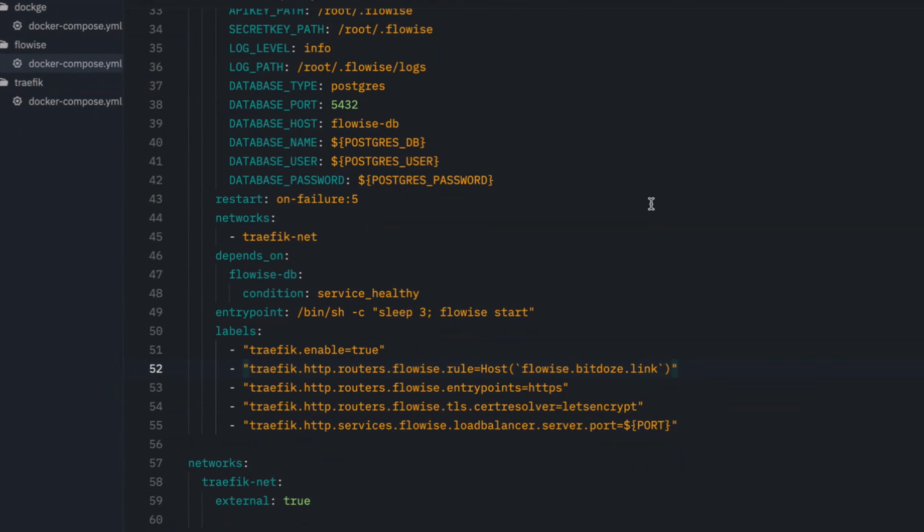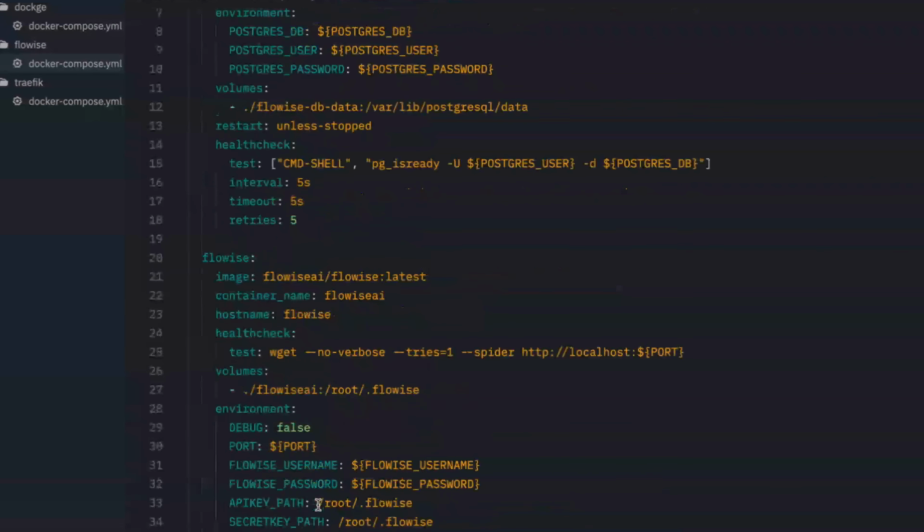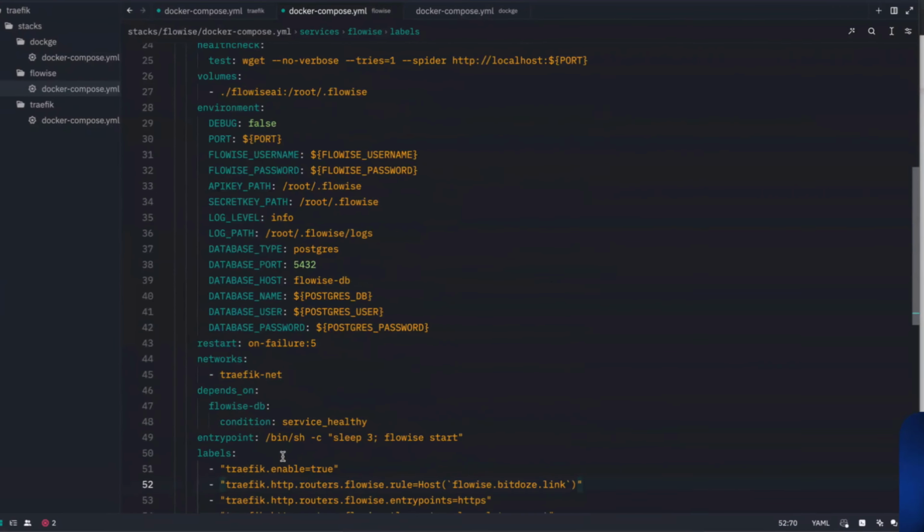For the subdomain, I will tell you to use the HTTPS. It will use Let's Encrypt, and in here is the port that we're going to use. The port is stored in the variable. It will be 3001, and we are going to see that when we create the environment file. And in here, for instance, you see that you have the network that is external, and the only thing that we are going to do is go and copy this,